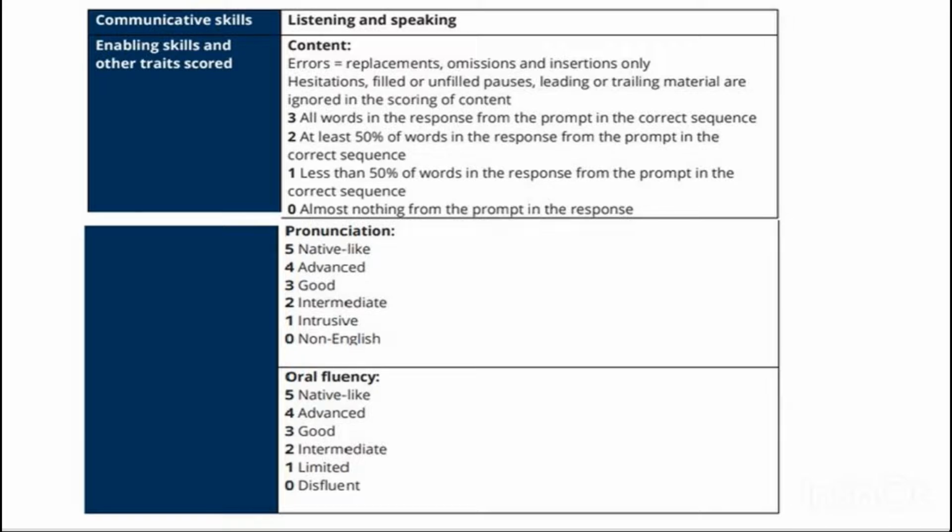कंटेंट के मार्क्स जो होते हैं वो इस तरह से डिवाइडेड होते हैं कि अगर आप पूरा सेंटेंस सेम सीक्वेंस में रिपीट कर रहे हो तो आपको 3 मार्क्स मिलेंगे। अगर आप 50% सेंटेंस पिक कर पा रहे हो, उसको करेक्ट सीक्वेंस में बोल रहे हो, तो आपको 2 मार्क्स मिलेंगे। और अगर आप लेस देन 50% सेंटेंस करेक्ट सीक्वेंस में बोल रहे हो, तो आपको 1 मार्क मिलेगा। अगर आपका एक भी वर्ड मैच नहीं कर रहा है सेंटेंस के साथ, देन यू विल डेफिनेटली गेट 0।